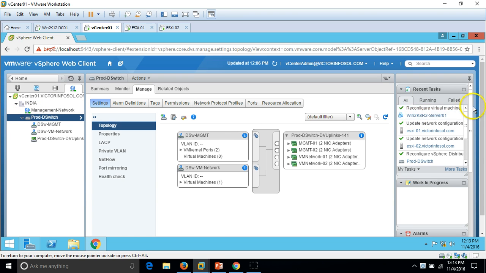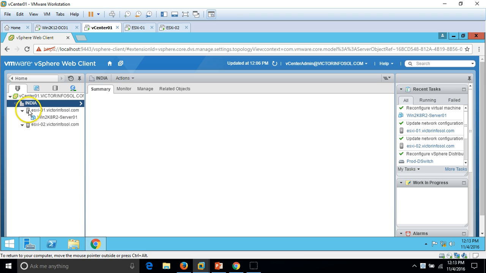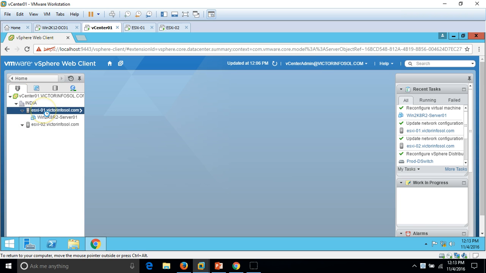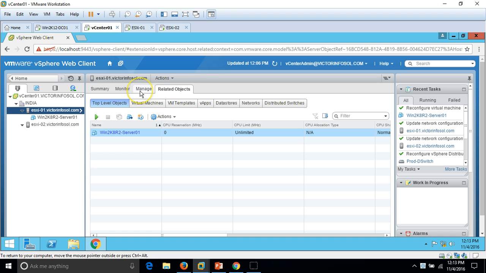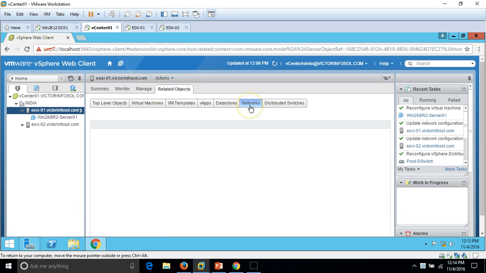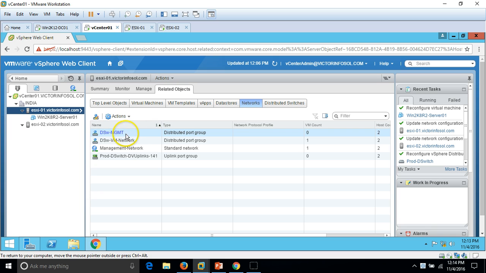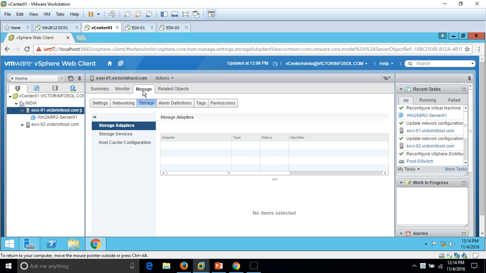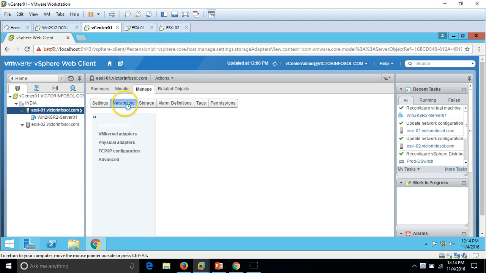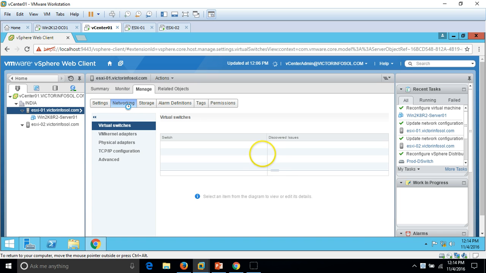And you can see the configuration of the virtual machine is done, network is done, everything seems done, ESX01, 02. So just go to data store, data center, and here you can see ESX01, and now go to networks. You can check this DS management is there, network is there, everything is there. So distributed switches are mapped with our ESX host, and if you want to check from here, just go to manage network,